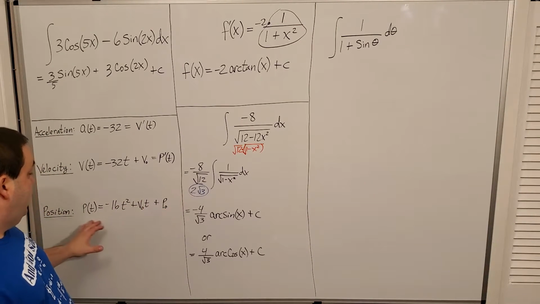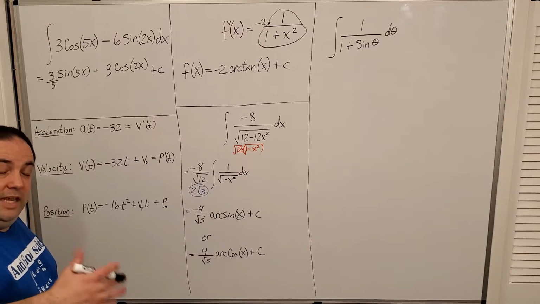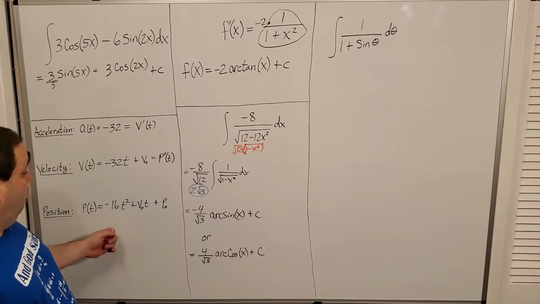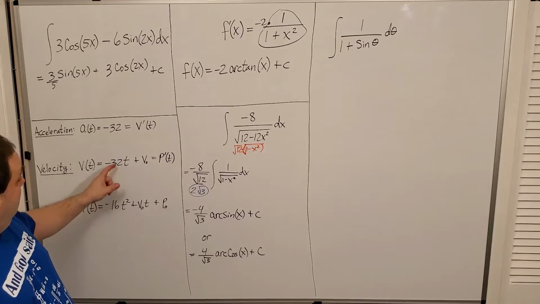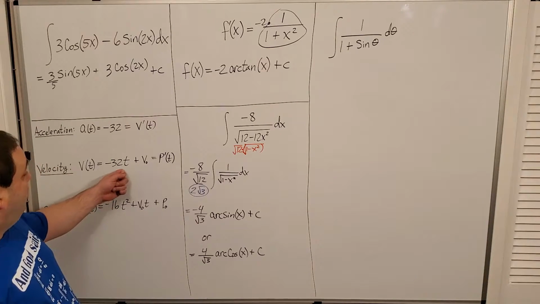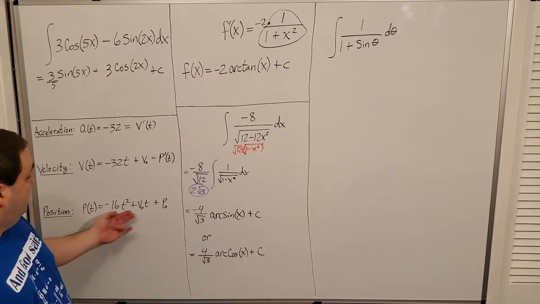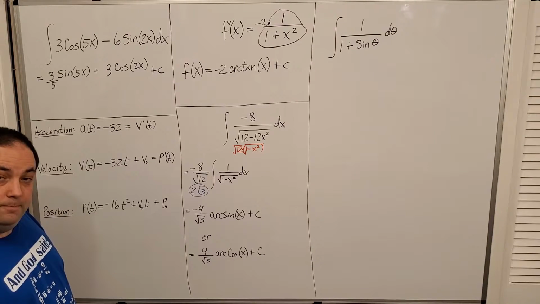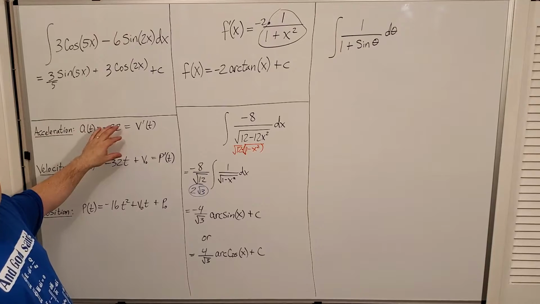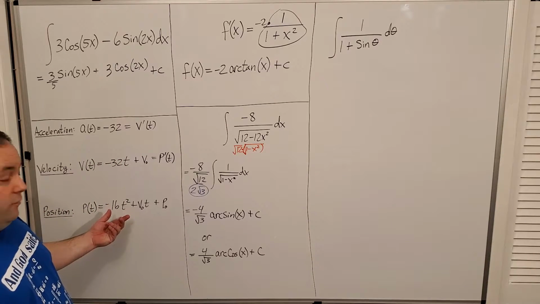Now, hopefully at some point you've seen a function or a formula that looks just like this, okay? This is one of your beginning physics formulas for kinematic motion with an initial position and an initial velocity from free fall, basically, right? The negative 32 represents the pulling acceleration of gravity in feet per second squared. And then, of course, you have your velocity, which would be some result of how you started mixed with the gravity. And then this would be the position of that velocity mixed with the gravity, right? Okay, but it doesn't matter. Even if I wasn't doing free motion and gravity, I could have some acceleration function, whatever it is. One antiderivative would get you to the velocity function of time, and another antiderivative would get you then to the